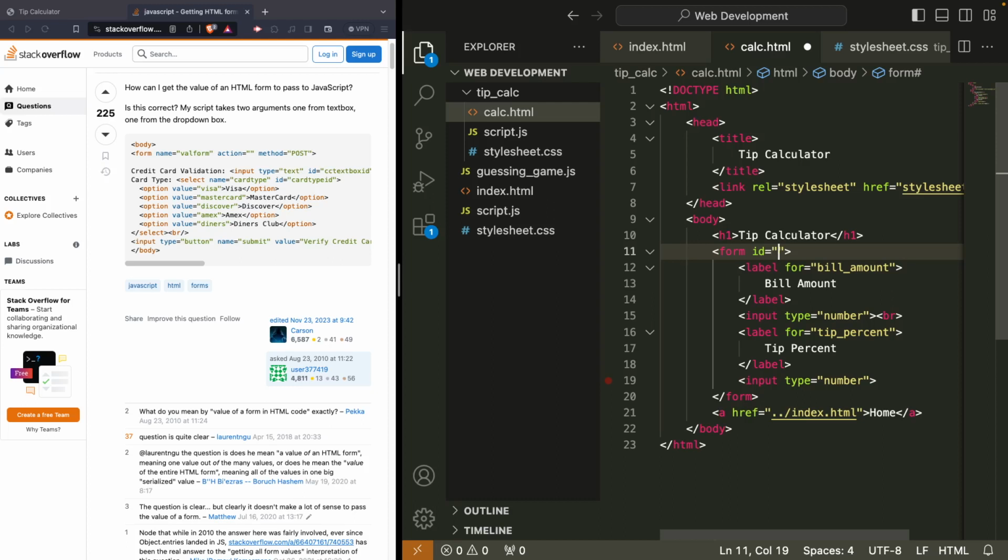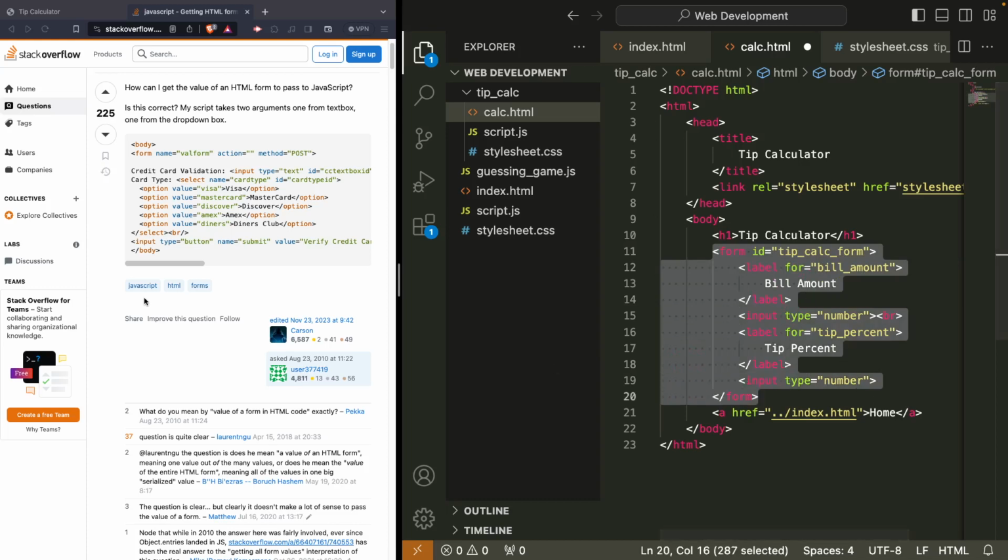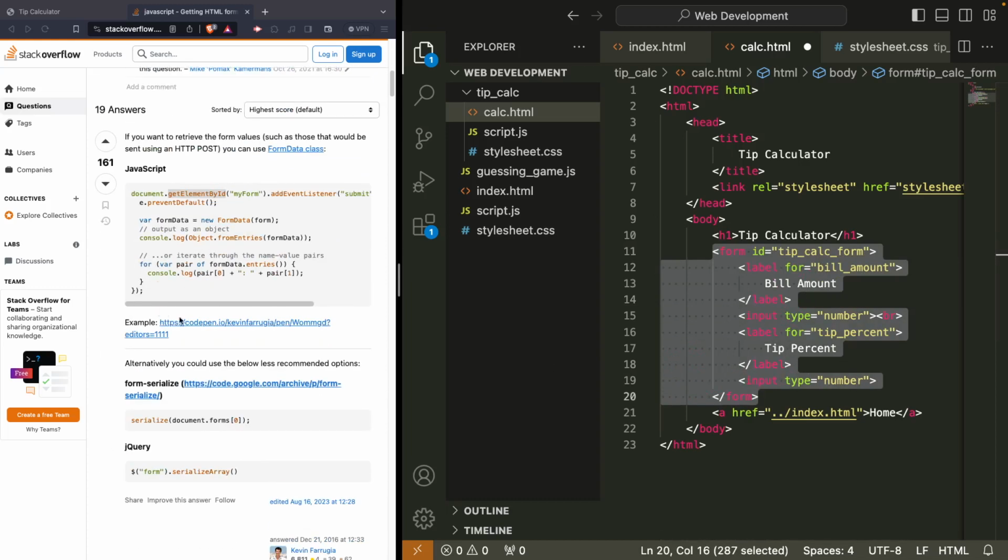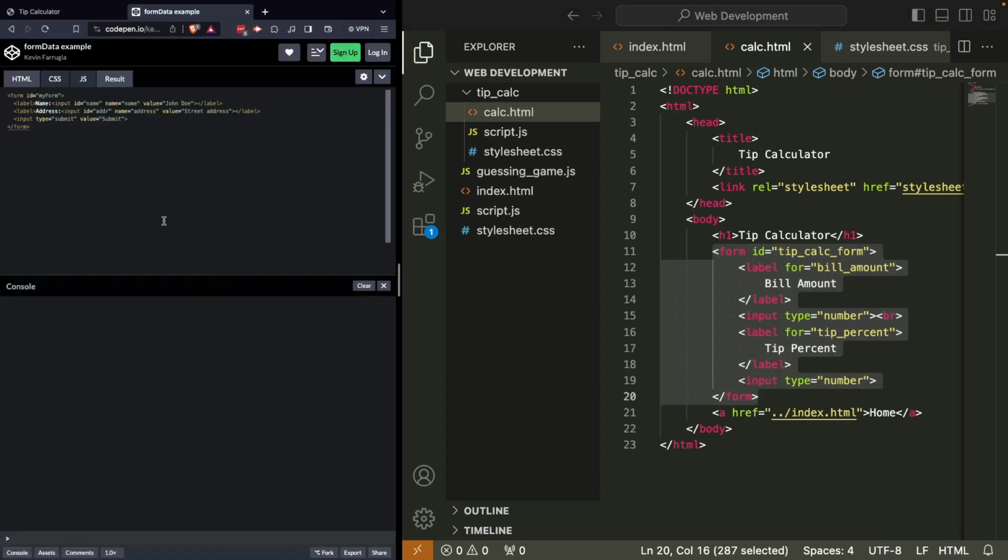And we'll call our form tip calc form. And that's going to give us a reference to this whole form element inside of our JavaScript. Let me see. Let's see if this is okay. Good. So here is the HTML for our form